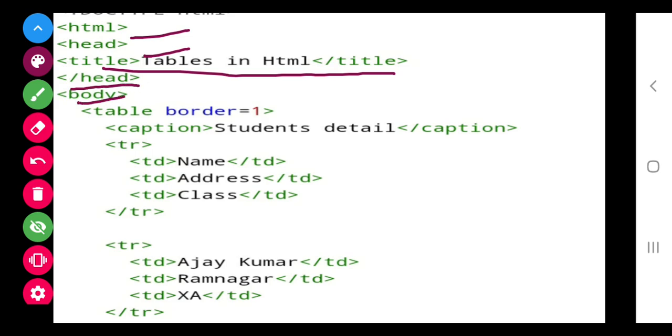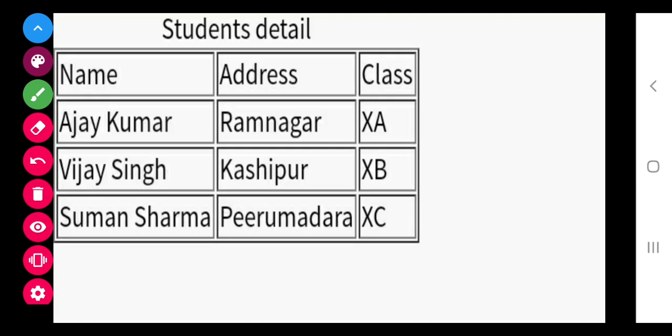Now class, body started here, and under that table tag I have used, and this is the attribute. Now class, you can see here the border is coming, these lines are coming. How is it coming? Because I have given the border.